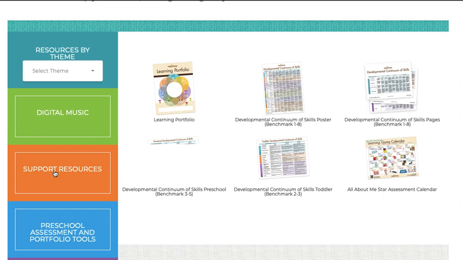So we have lots of videos about all of this, so let me just tell you what the materials are and then how to use them. You can check out some of our other videos. But this is the learning portfolio. There's about 70 sheets in this PDF, and it is everything you need minus the binder to set up a child portfolio. So you'd want to probably get a 2-inch binder and then print this out, and you can put